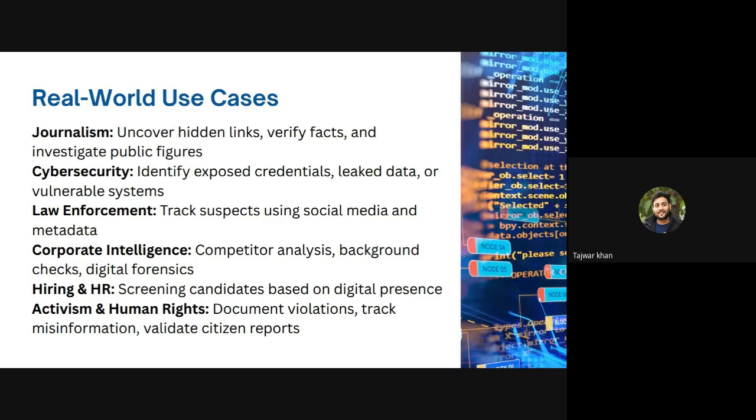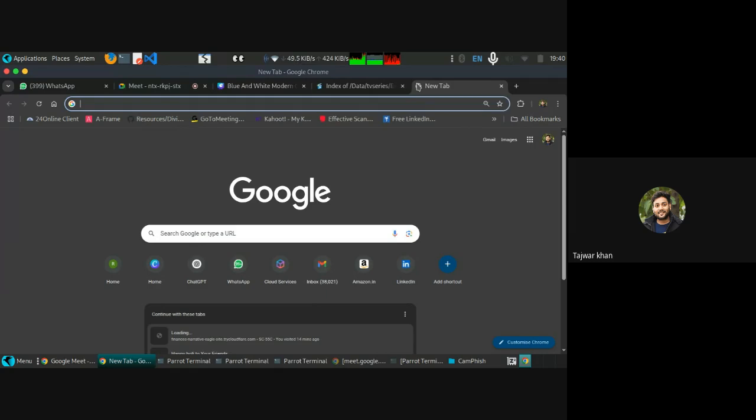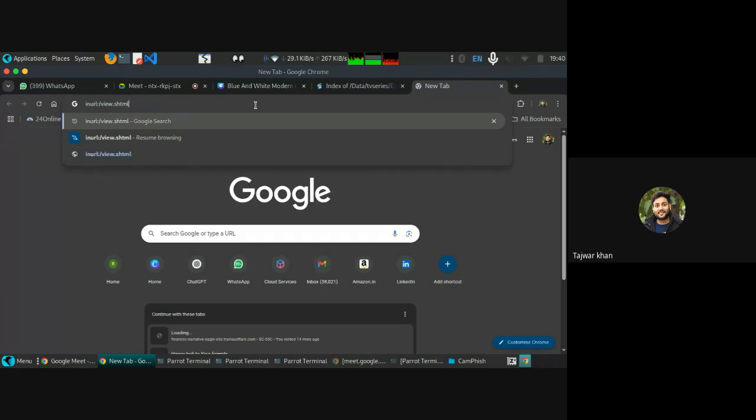In the last session I told you about how you can access something. Let me give you one scenario. Let me search something. I'm searching for this thing in the URL, and then slash view.shtml.